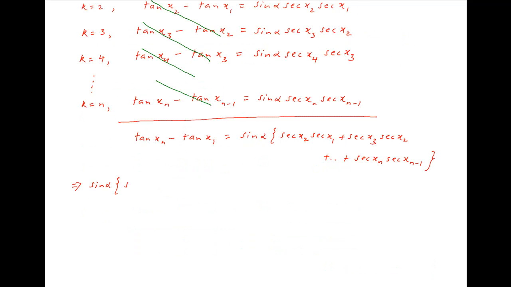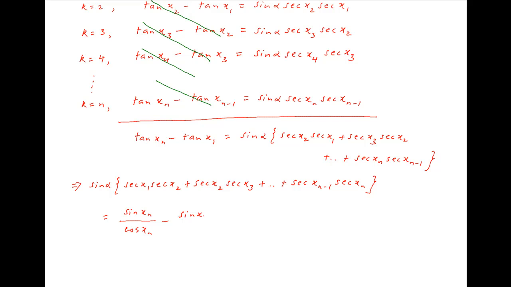And therefore sine alpha times (sec x1 sec x2 plus sec x2 sec x3 plus and so on, sec of x(n-1) times sec of xn) is equal to tan xn minus tan x1,